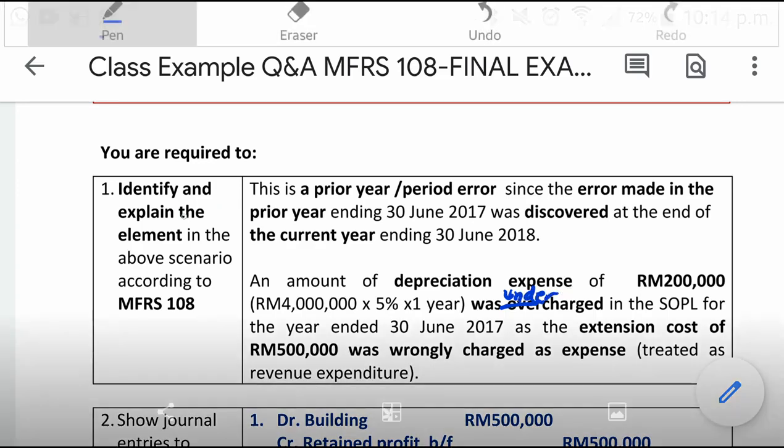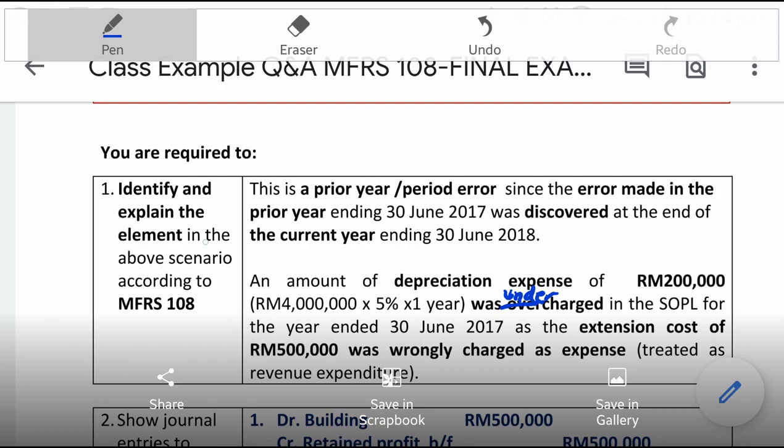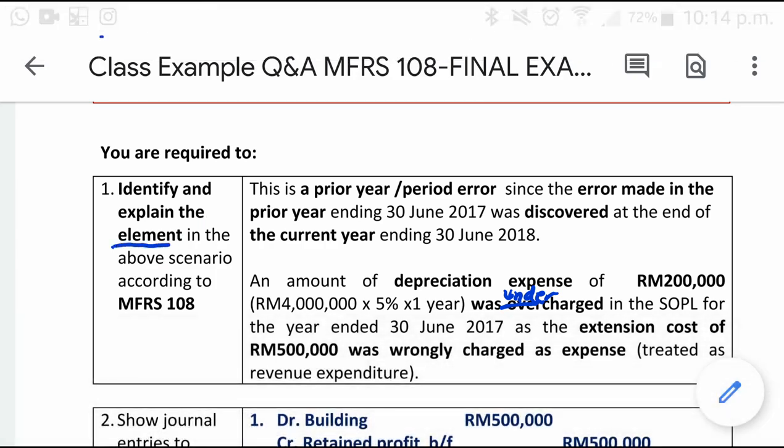Identify and explain the element in the above scenario. Within the context of MFRS 108, when we talk about element, it can either be changes in accounting policy, changes in accounting estimate,